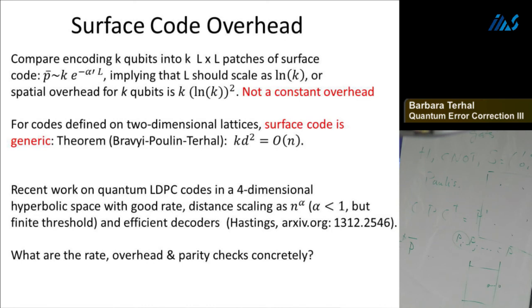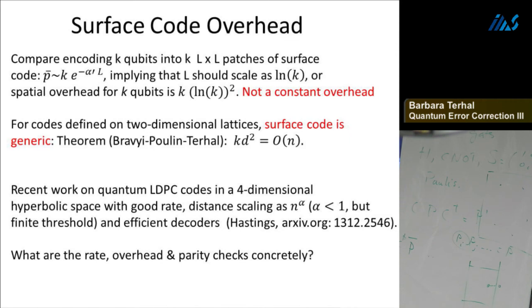So LDPC stands for the fact that the parity checks act on order 1 qubits, and each qubit is involved in order 1 parity checks, which is, of course, interesting for practical reasons. But the codes are defined on a 4-dimensional hyperbolic surface,